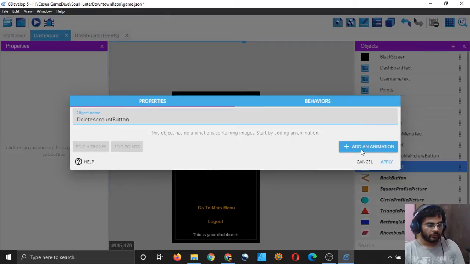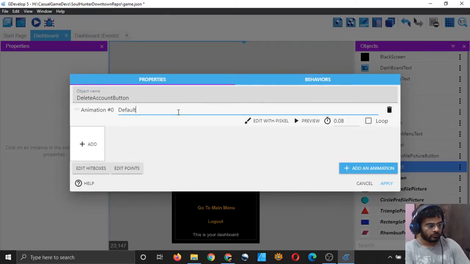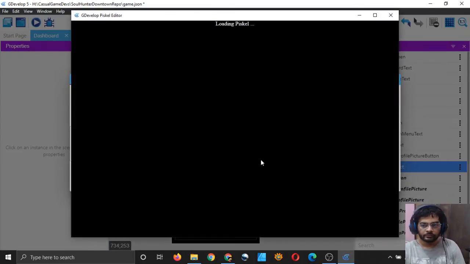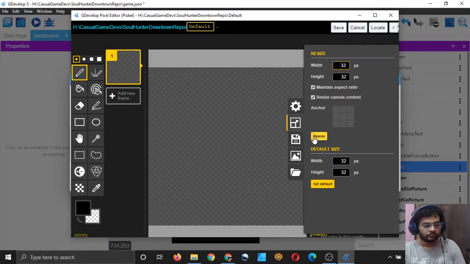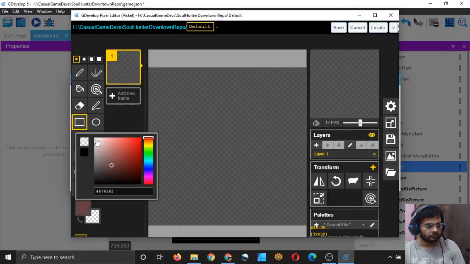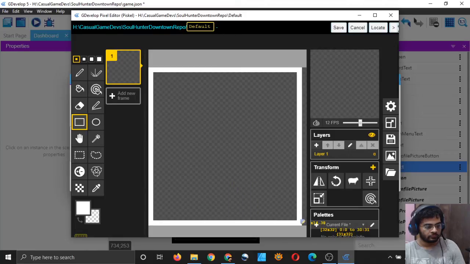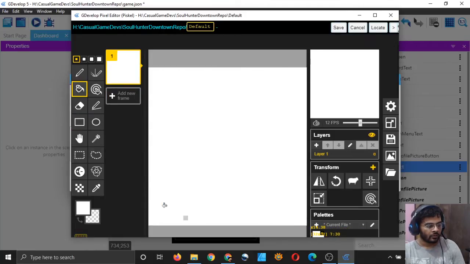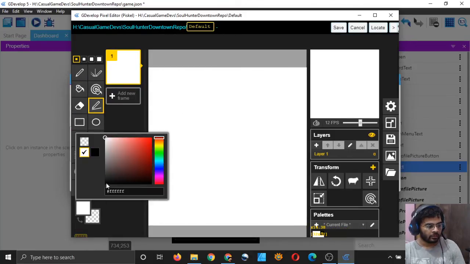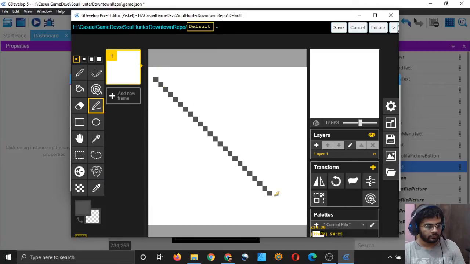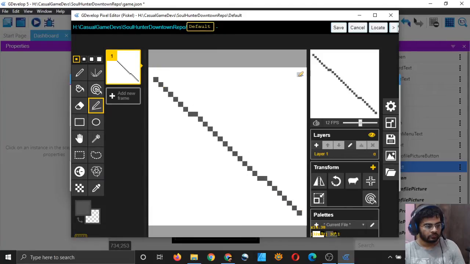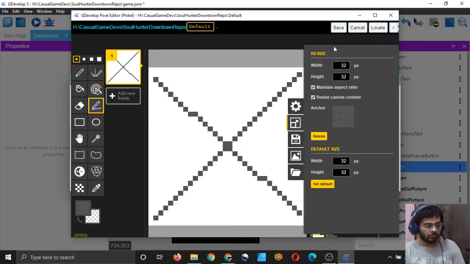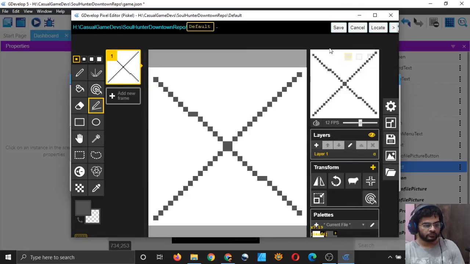This button will be used to delete the user's account. So let's make it. And I will simply make a cross here in gray color. I will change the size to 64 cross 64,